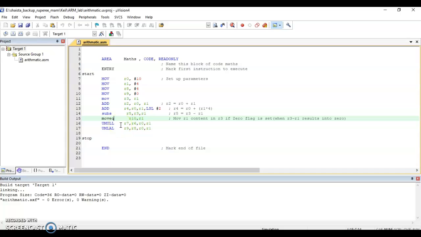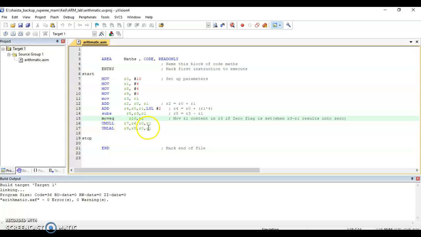Now UMULL is unsigned multiplication, where I am simply multiplying the R0 and R1 contents, and I am providing the answer in R6 and R7. R6 is the lower 4 bytes and R7 is the higher 4 bytes. Next is UMLAL, which is unsigned multiply and accumulate.